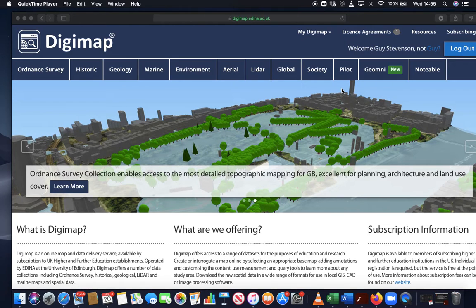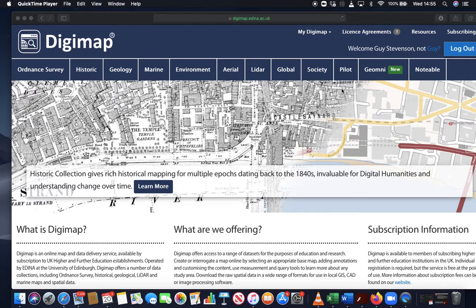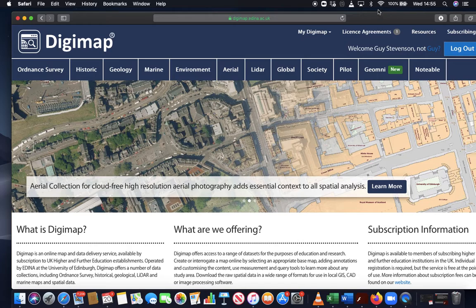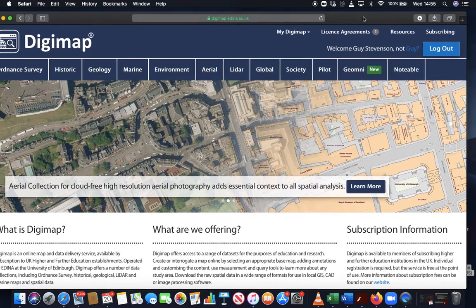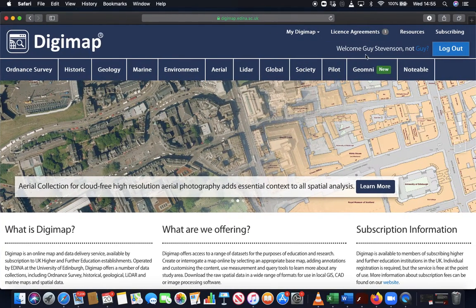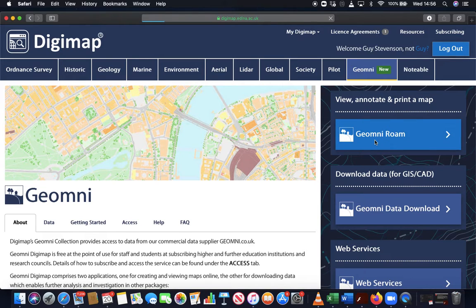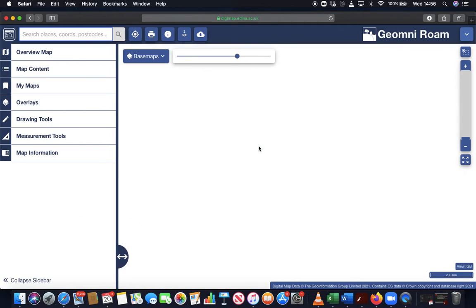I just wanted to give you a very quick demonstration of Geomni following our meeting earlier today when, unfortunately, there was a slight technical issue at one of the server buildings where the Digimap is basically held. It's very rare this happens, and sure enough, 10 minutes after our meeting, everything went back to normal. Anyway, I wanted to show you Geomni very quickly,